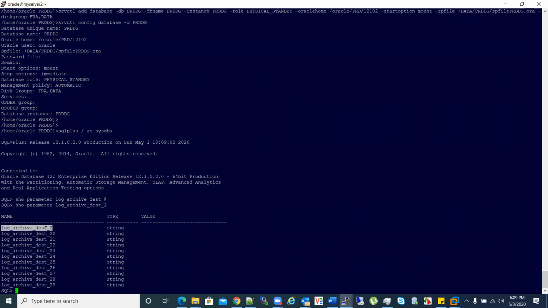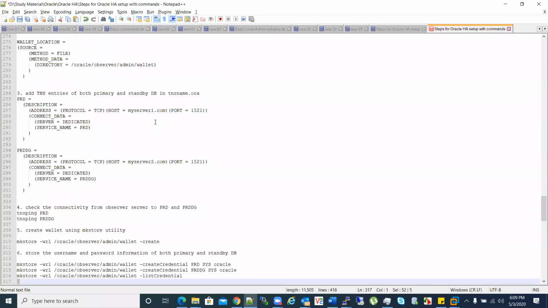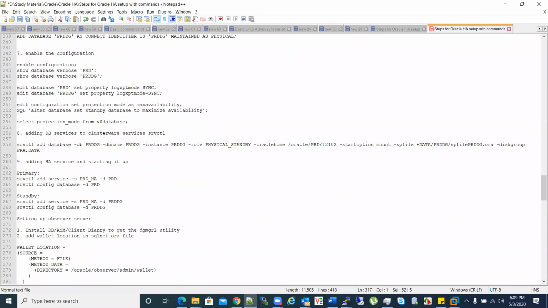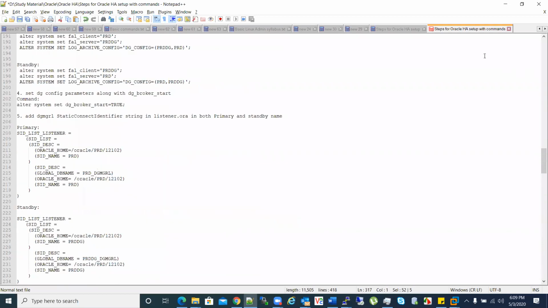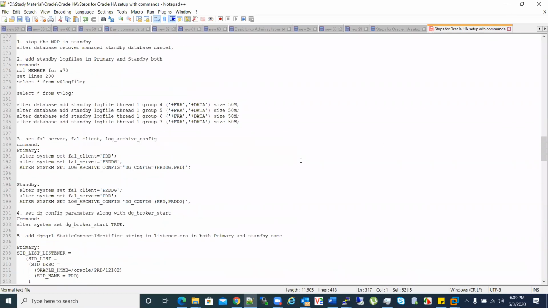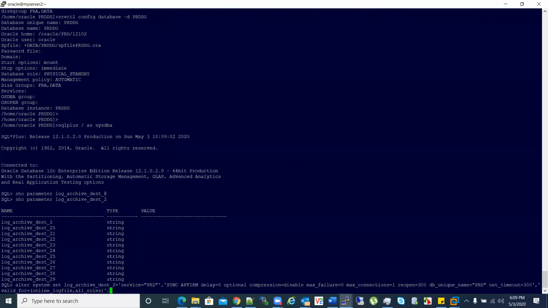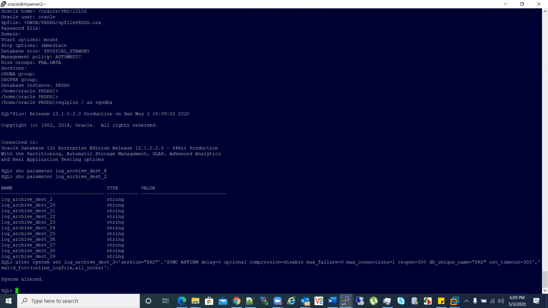Yeah, this is not set. So let's set it. I have the command here, right? Where did it go? This command. So I'll just copy this. I'll paste it here and done. It's set. Now I will execute the validate command again and let's see.